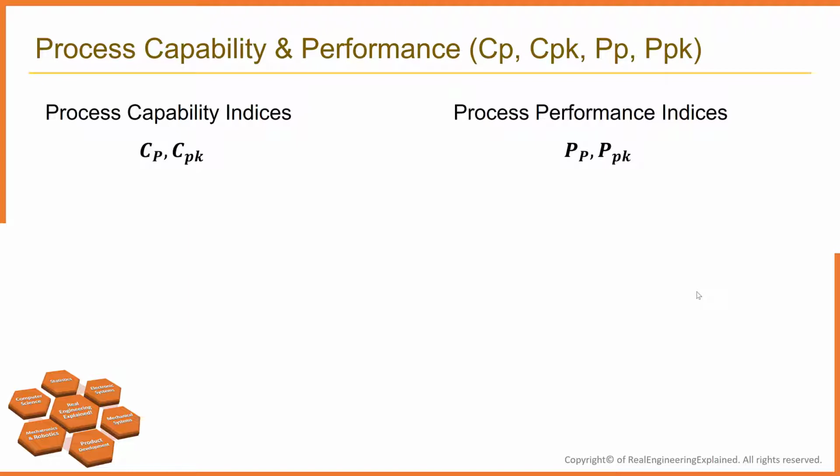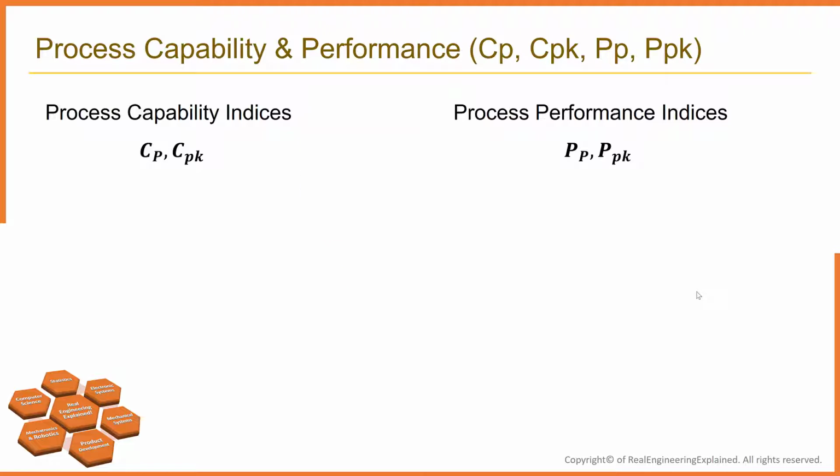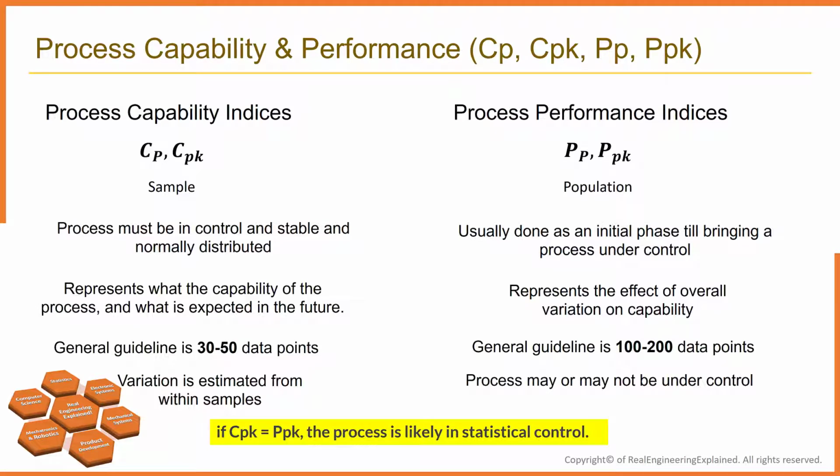Before using these indices to see how capable and acceptable your process is, we need to test the process for normality. If it's not normal, see if you can apply a transform to get it there. If not, you may have to use non-normal distributions and methods. At the end of this video, I will show you how to test for normality and how to deal with non-normal data in Minitab. The main difference between these two indices is whether we use a complete set of data